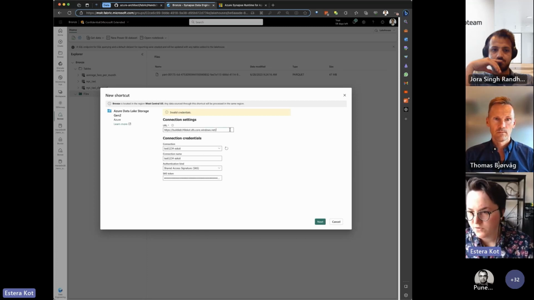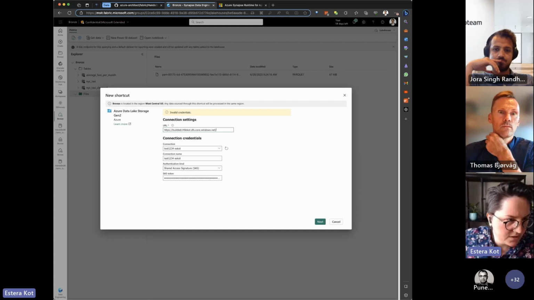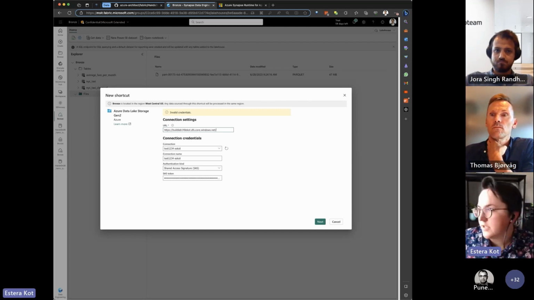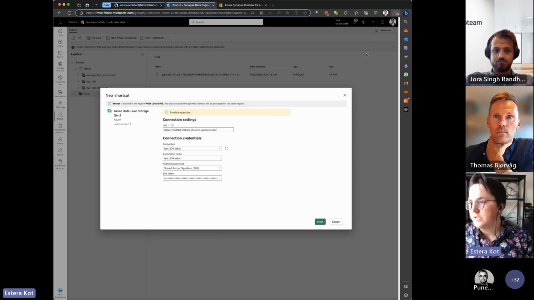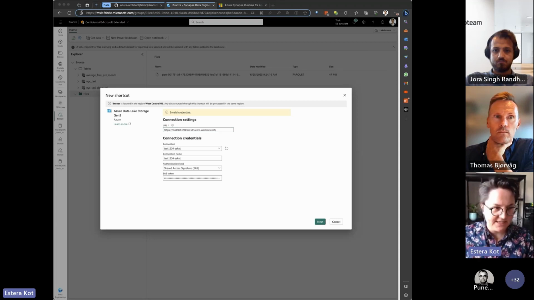Does it work for you? Maybe this token has expired. I guess yes, invalid. So let me quickly regenerate the SAS token. I guess that the date is invalid. So I need 1, maybe 2 minutes to do that.